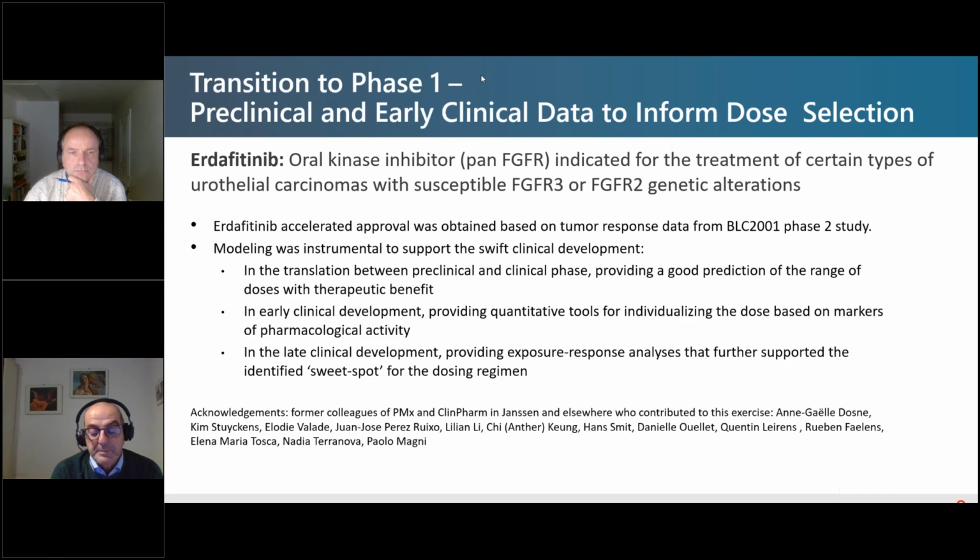And this was used to support both the dose regimen selection and the individualization, and eventually providing exposure response analysis of the endpoints of clinical efficacy and safety that further supported the choice of erdafitinib dosing regimen. If you go to the next slide,